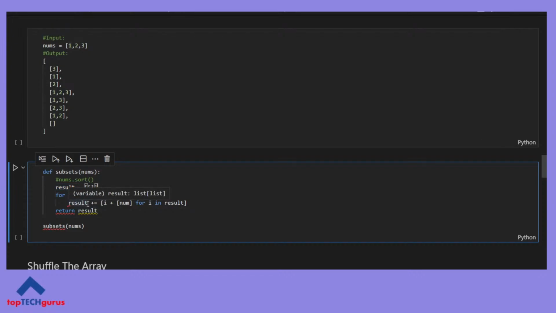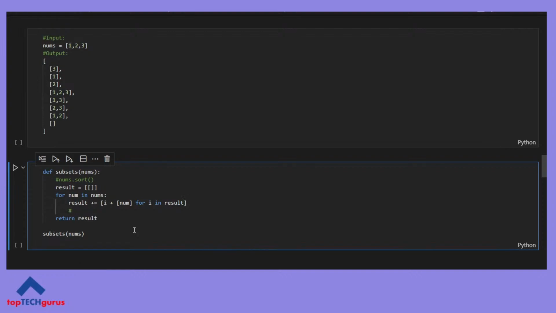What we do here when it's 1, so in the first iteration, result is empty, and then num is 1. When we do result plus equal to, what it does is it adds another element here, then it adds 1 here,